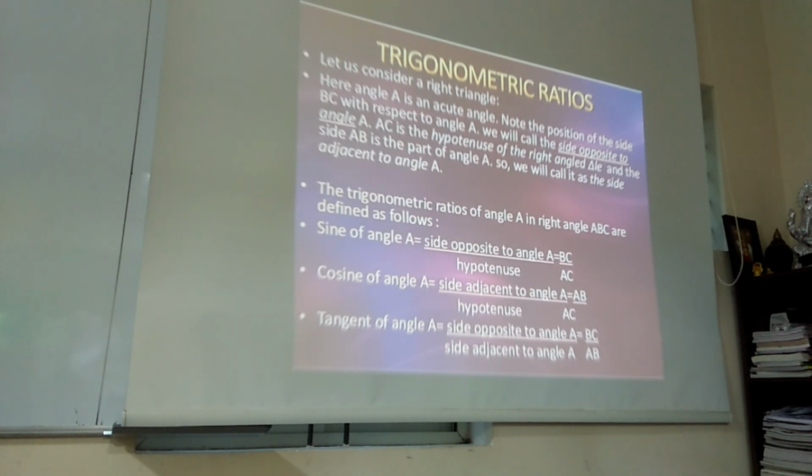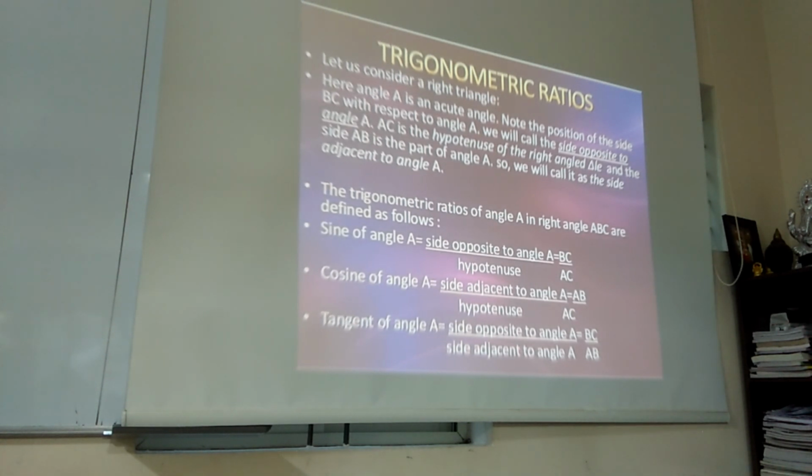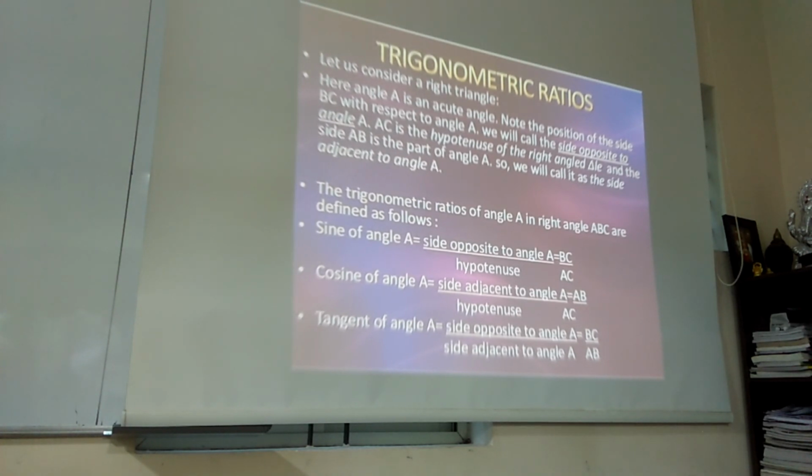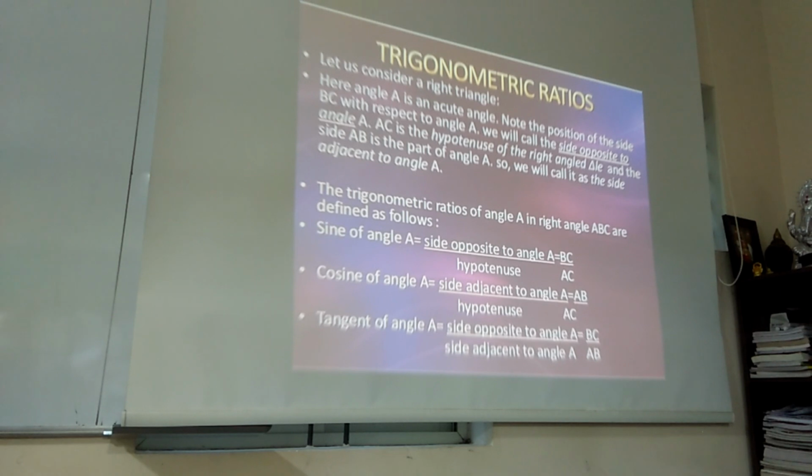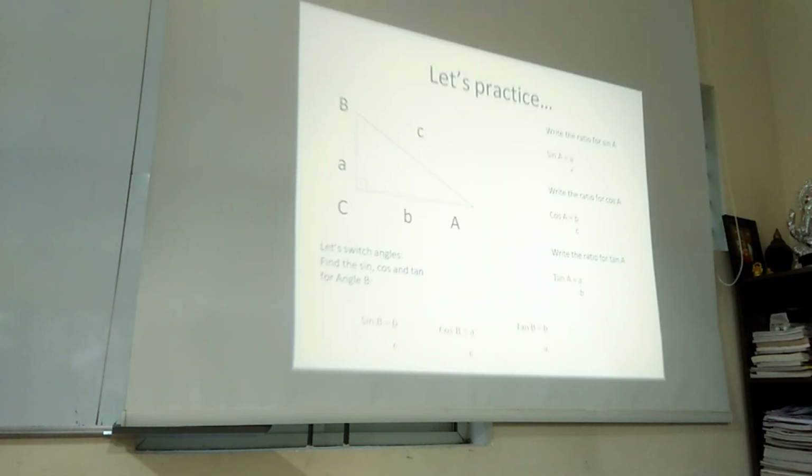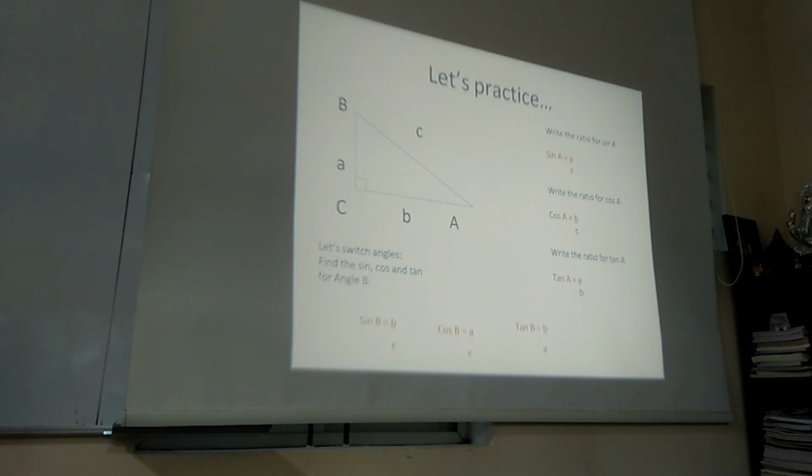For this angle A, we will write three ratios. Three trigonometric ratios. Listen to me. The first ratio is named sine, S-I-N-E. We indicate it by the abbreviation S-I-N. We abbreviate, that means we write it in short form as S-I-N. In trigonometry, it is either a 3-letter short form or a 5-letter short form. Either you write,